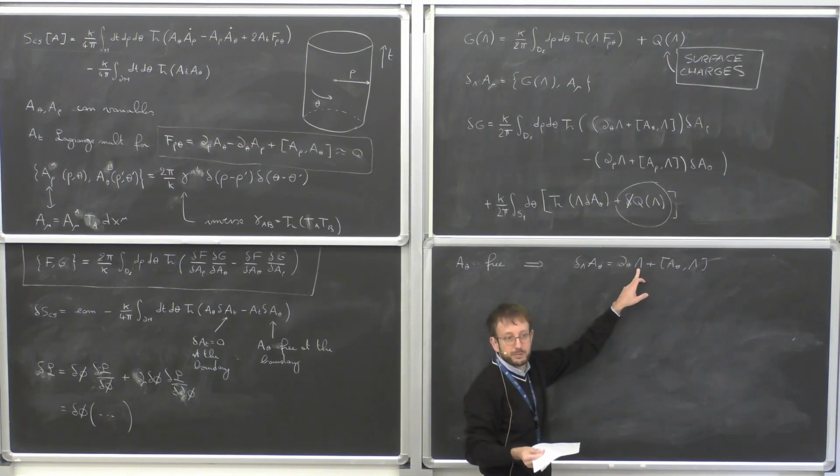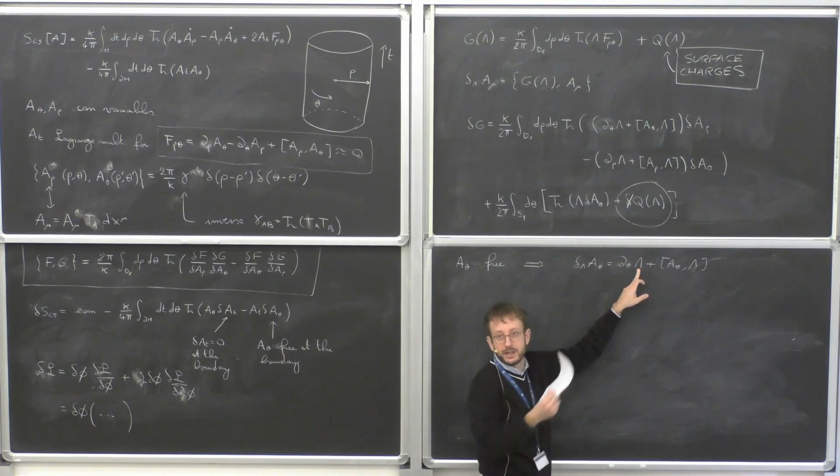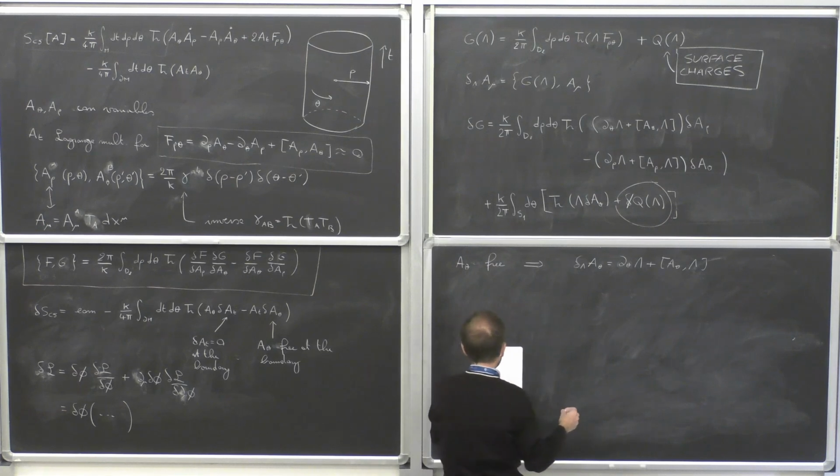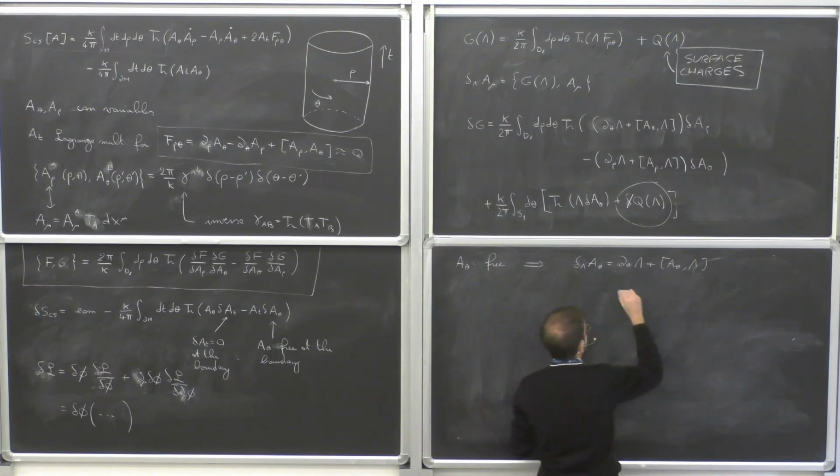So lambda could be whatever it likes at the boundary. So it's an arbitrary Lie algebra valued parameter. In this case, it's an arbitrary SL2R parameter. But this means that when lambda is free too,